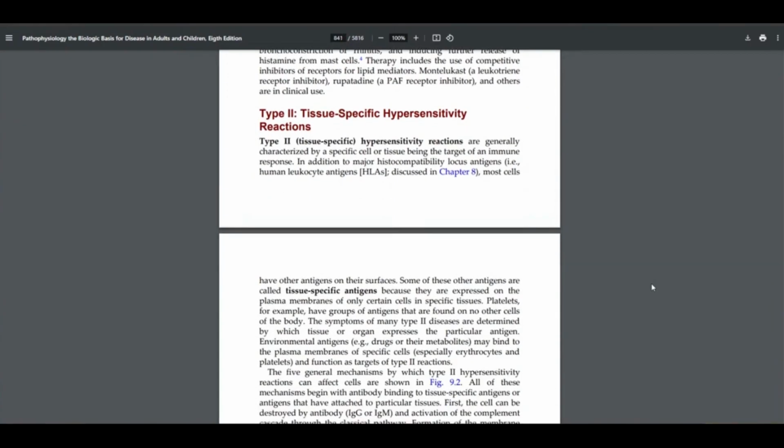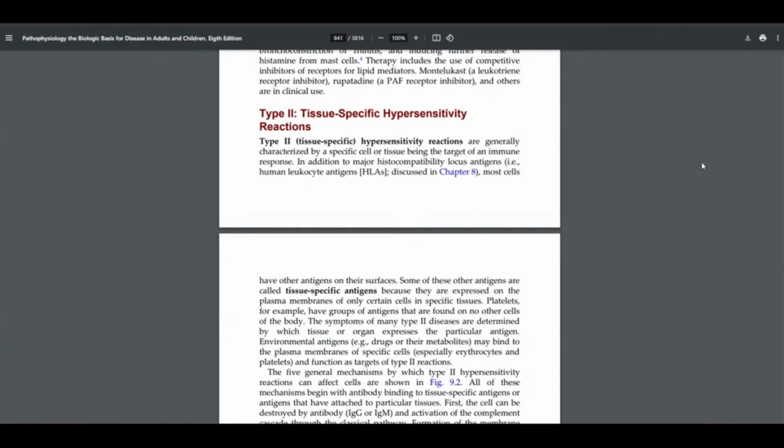So that leads us to type 2 tissue-specific hypersensitivity reactions. So type 1, you're going to treat with Benadryl or antihistamines and montelukast and rupatadine. So let's talk about type 2. Type 2 tissue-specific hypersensitivity reactions are generally characterized by a specific cell or tissue being the target of an immune